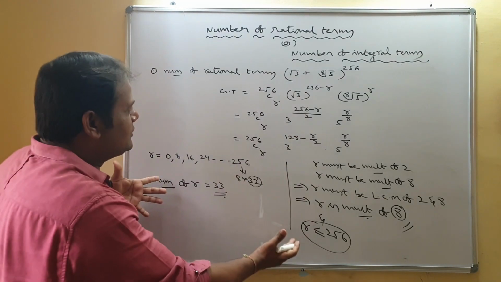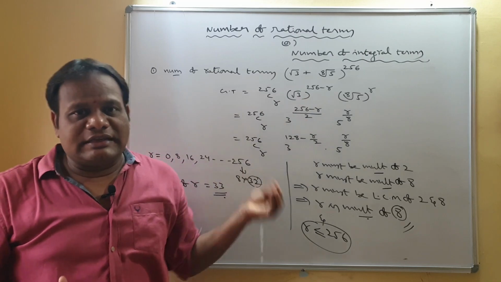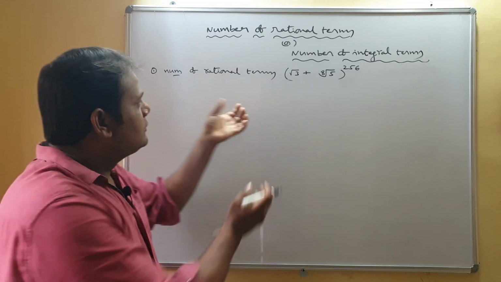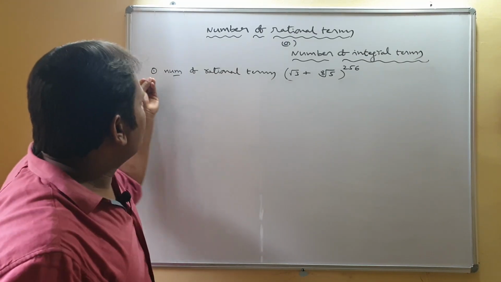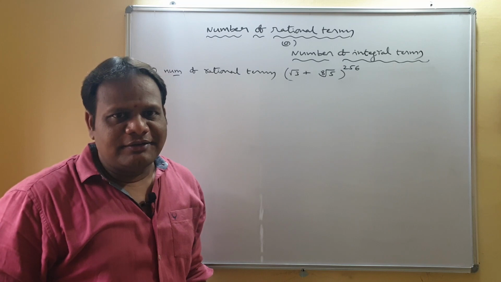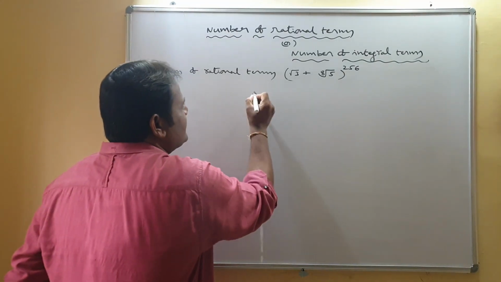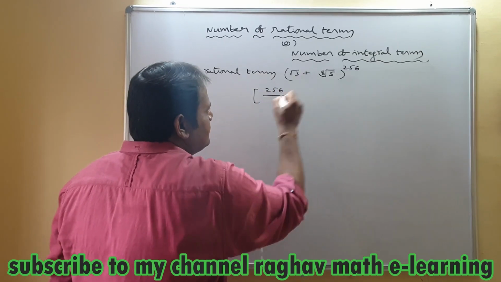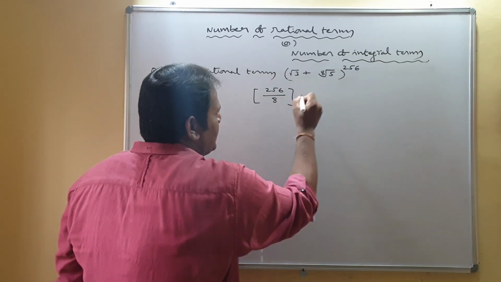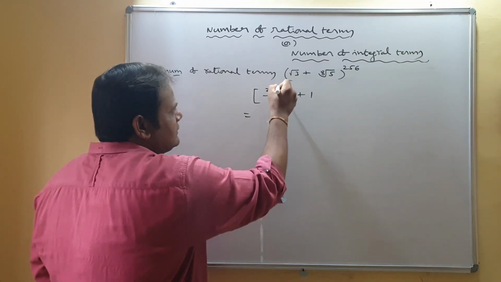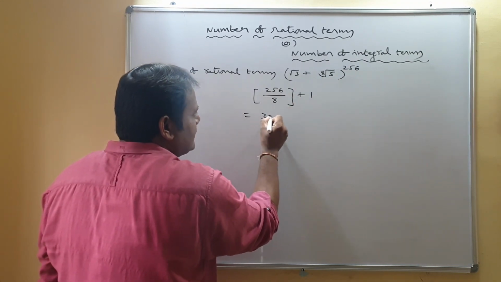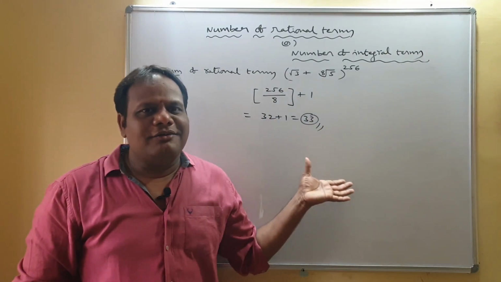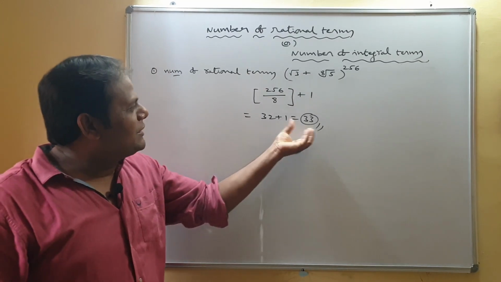So this is the concept to find the number of rational terms. We have a shortcut for this. Suppose they ask in the exam how many rational terms are there in this expansion. In the exam, I will simply write: integral part of 256 by 8, plus 1. So it is 8 thirty-twos, so 32 plus 1. The answer is 33. Instead of doing all that we did earlier, simply we can give the answer like this.